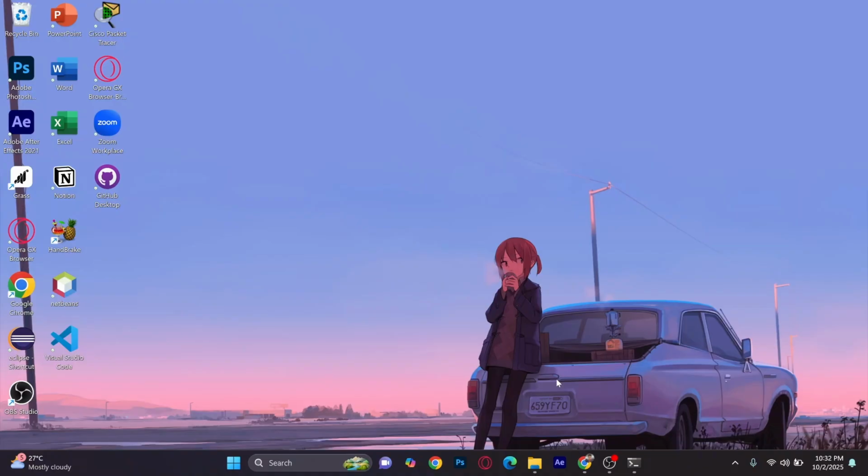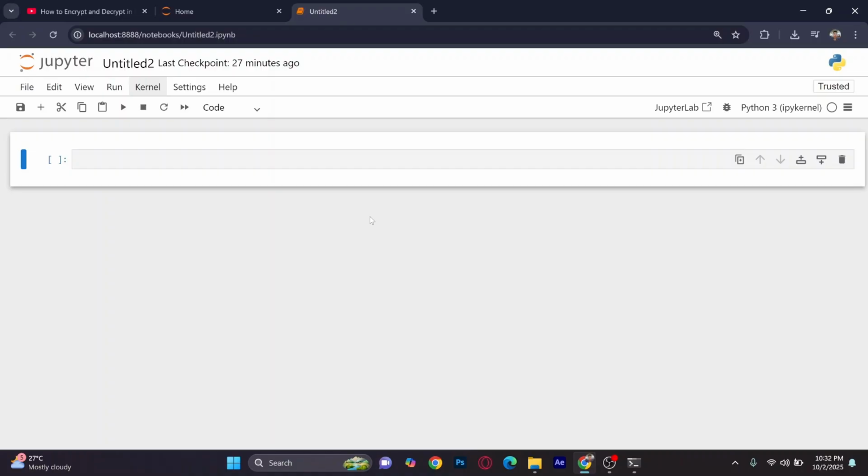Now I'm going to show you the symmetric. I'm going to use Jupyter Notebook for this one because I want to run the code one by one, block by block. So before we code the symmetric, we're going to install some prerequisites, which is